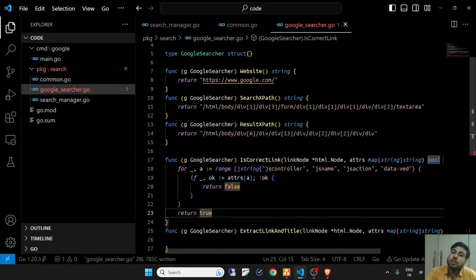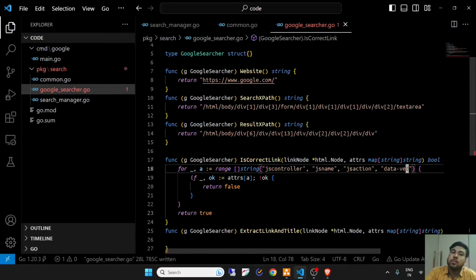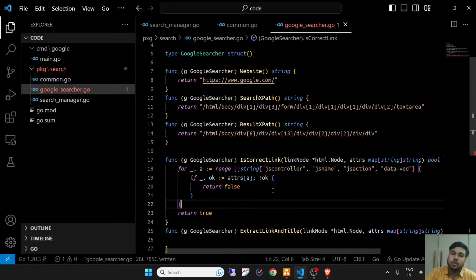This logic loops over all these strings, and it checks if this attribute was in the attrs map or not. If any of these attributes is not there, it will simply return false, else it will return true.